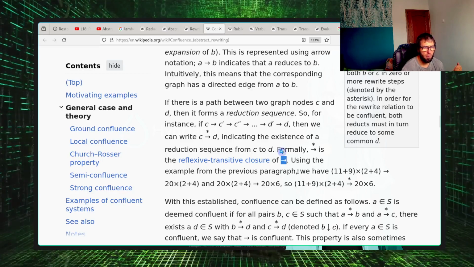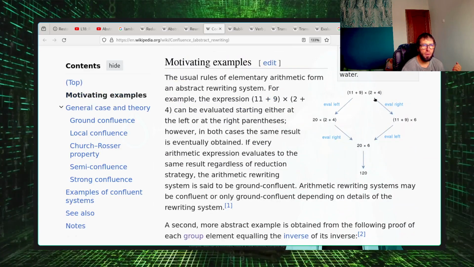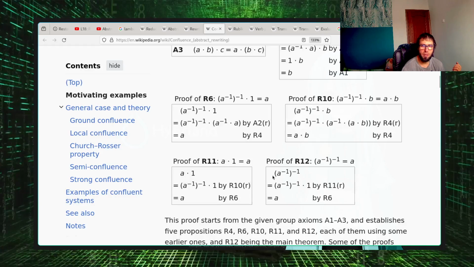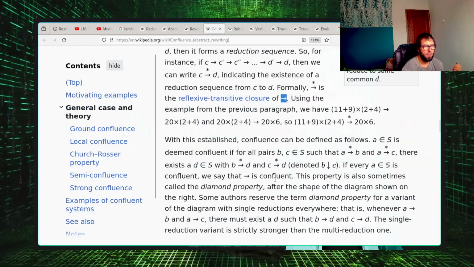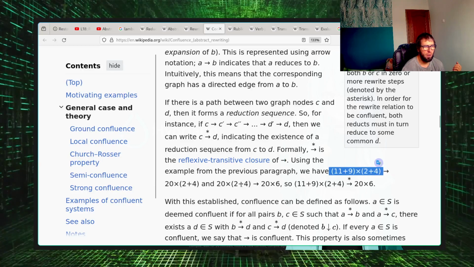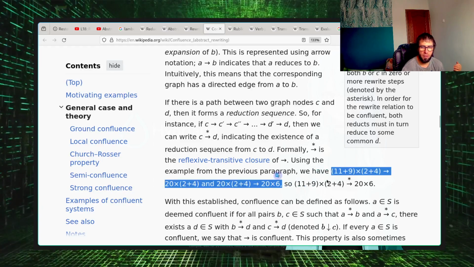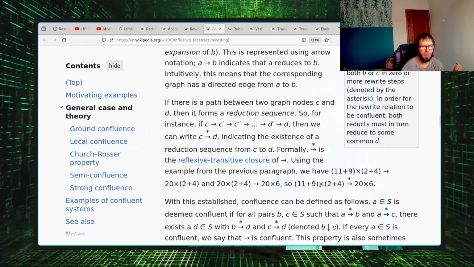For example, here in this arithmetic expression, we have this reduction path,